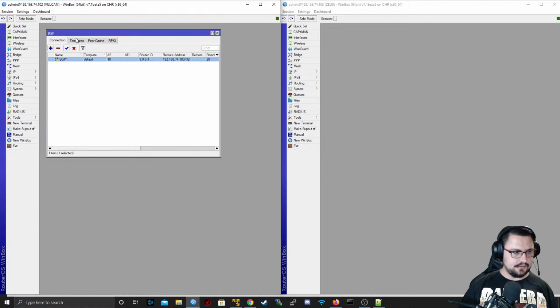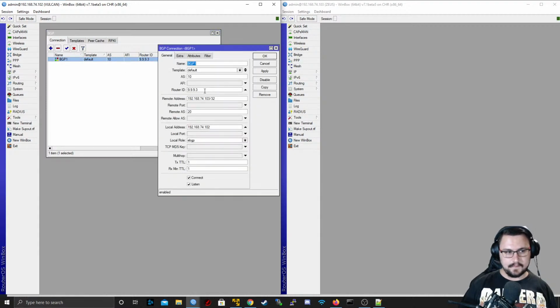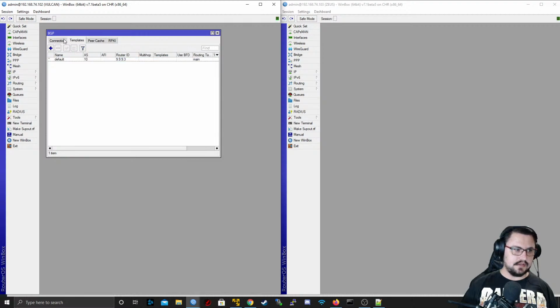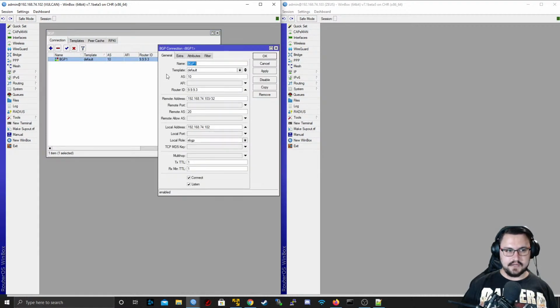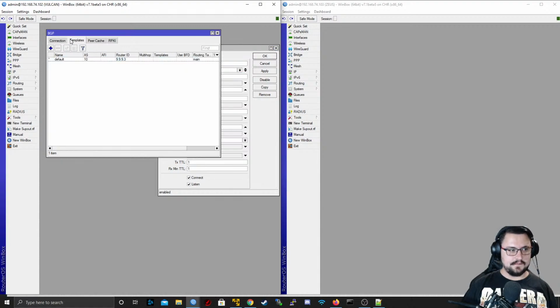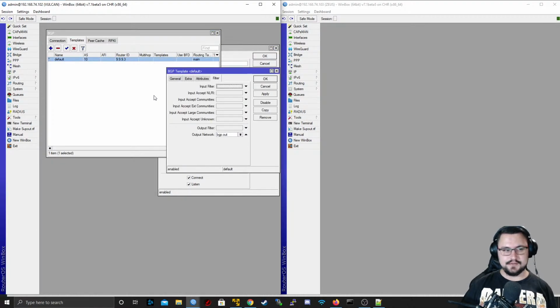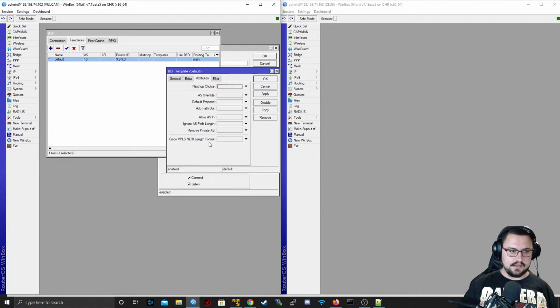So in essence, what you get with this new version is you get templates and you get the actual connection. So think of the connection as the peers that you will be forming. So this is where you put in the information on how you're going to be connecting with your peers. And your template, even though you could fill in template information here at the top side in your connection, think of this just as a base template where you can specify the instance, what your AS number is, what your router ID is. Here you can change some of the BGP attributes,